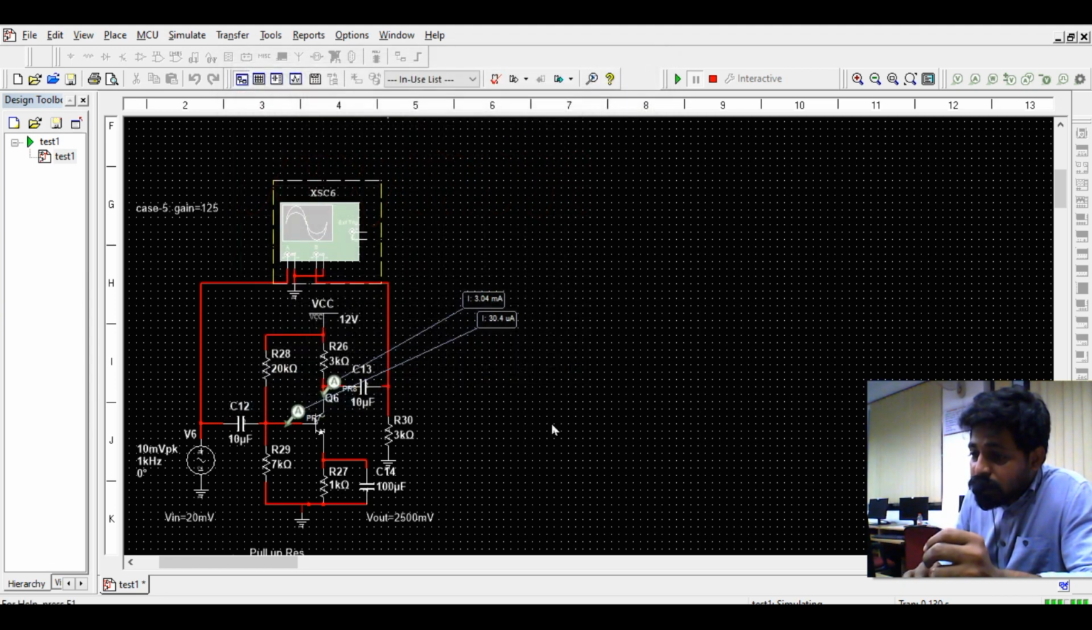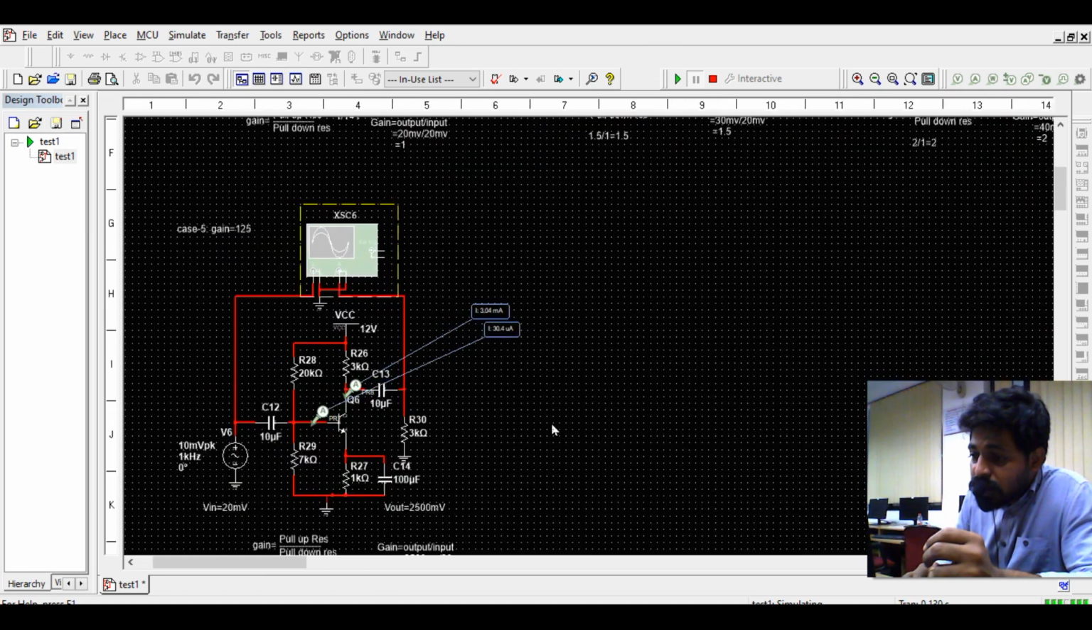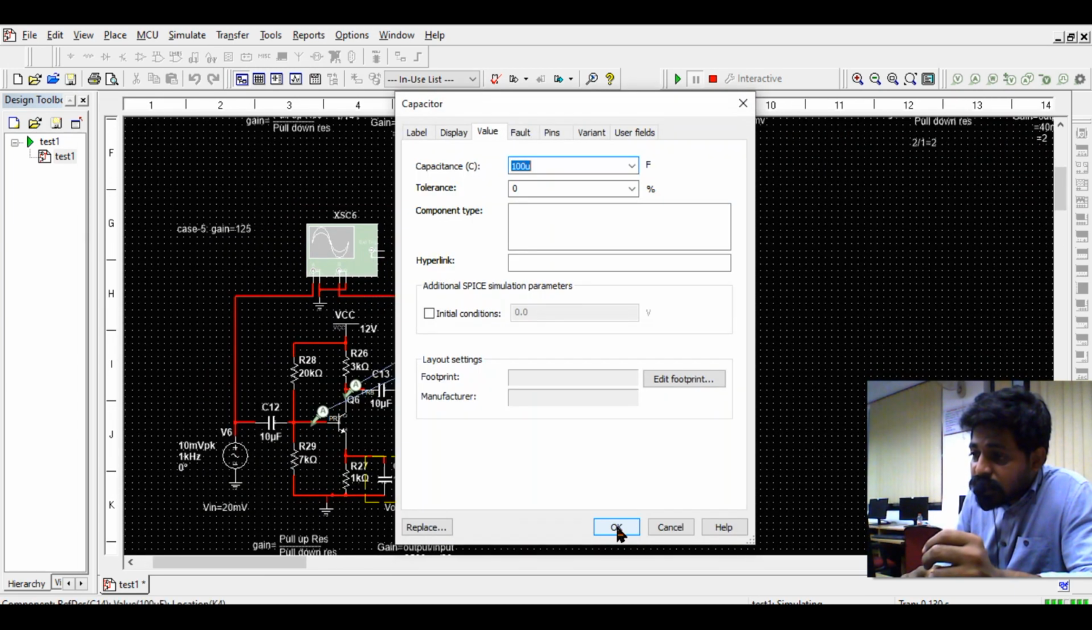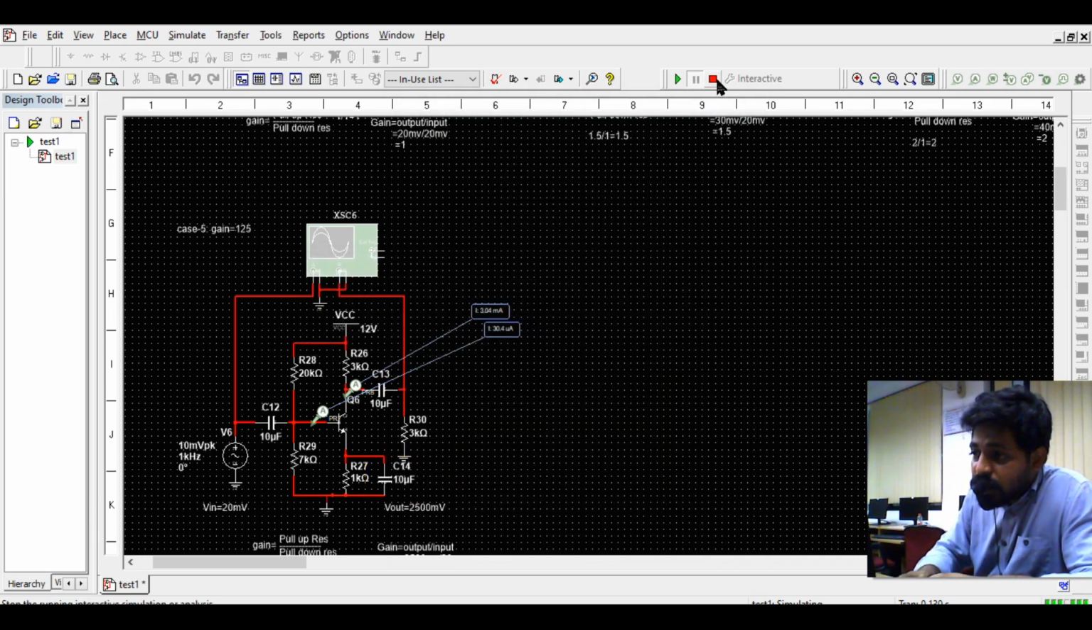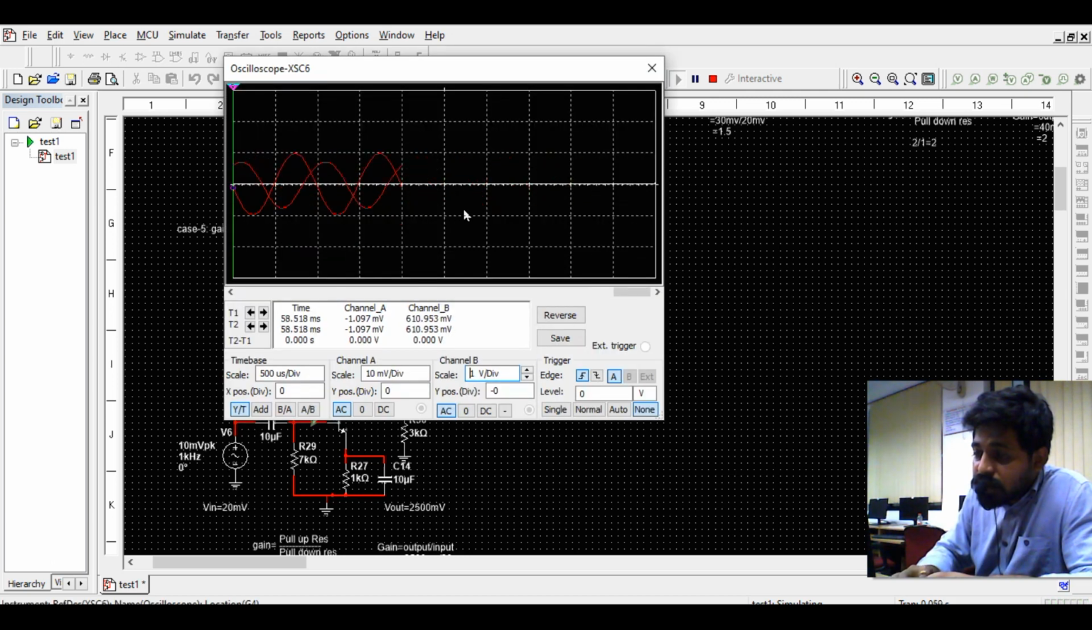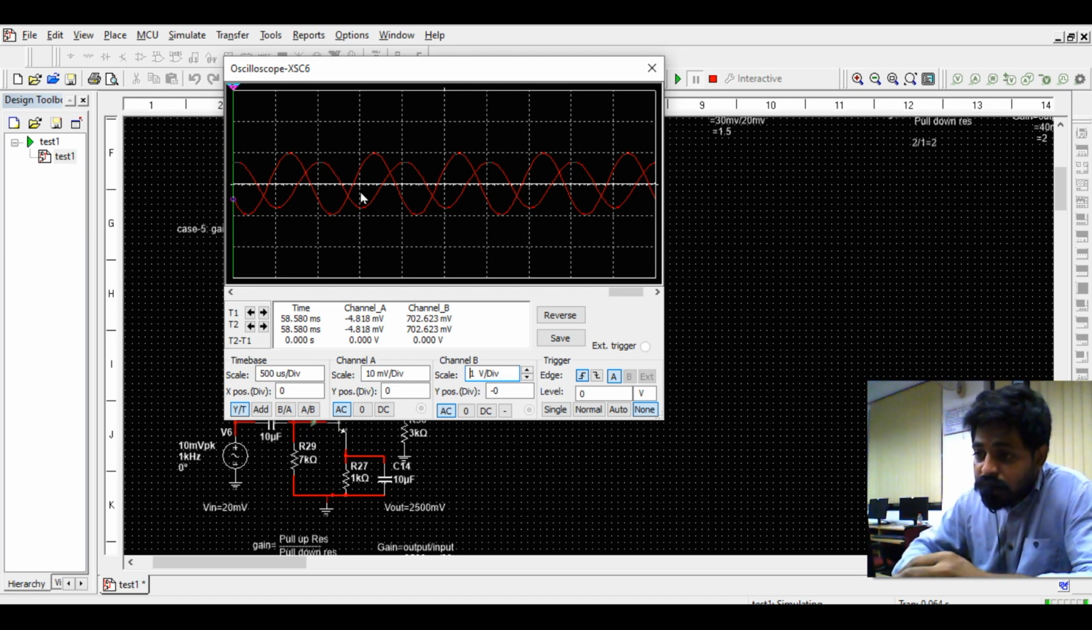Now what I do is, the capacitance value over here is changed to 10 micro. 10 micro. So let me do the simulation once again, update my simulation. So here, let me pause and bring the waveform into the middle. Here the input waveform and output waveform are not in opposite phase, not having 180 degrees phase